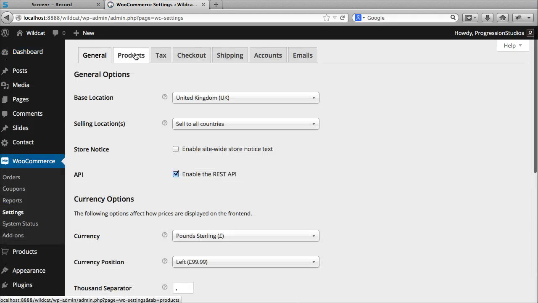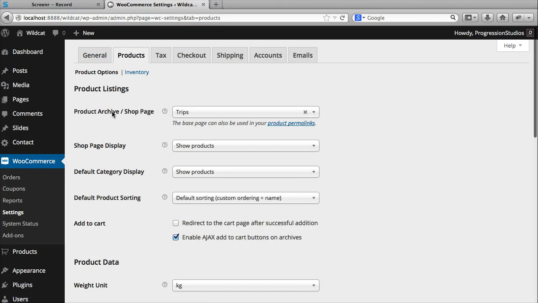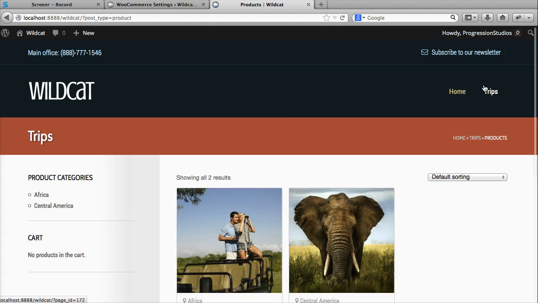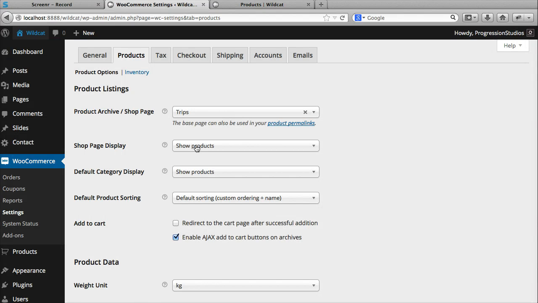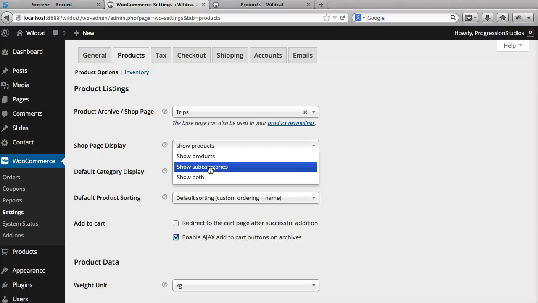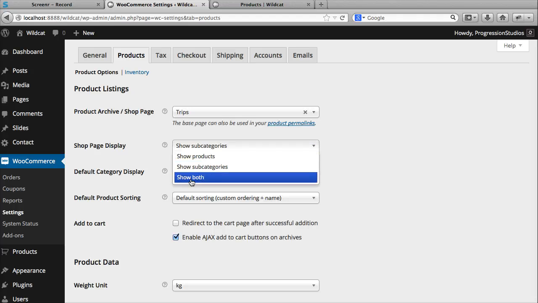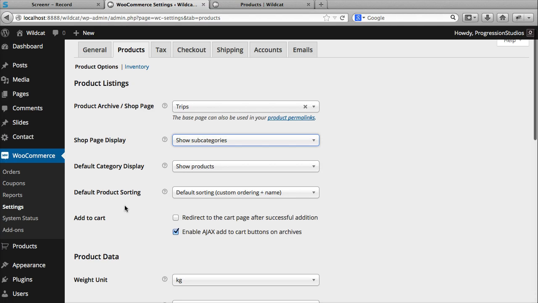Under WooCommerce and settings, under products, there's this product archive, and that's your homepage that we've already selected, and that should be selected for you automatically. Now the cool thing is the shop page display, and that's actually the index page right here, and that will display what you tell it. So for instance, we have show products, but you can have show categories or show both. So for instance, let's do show subcategories,